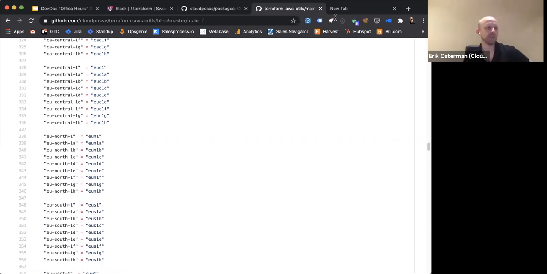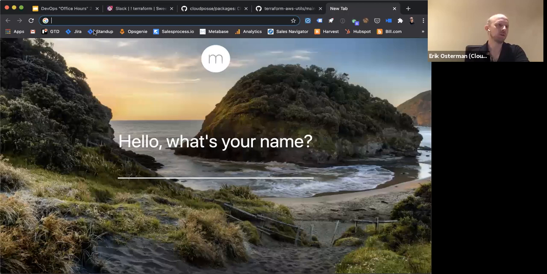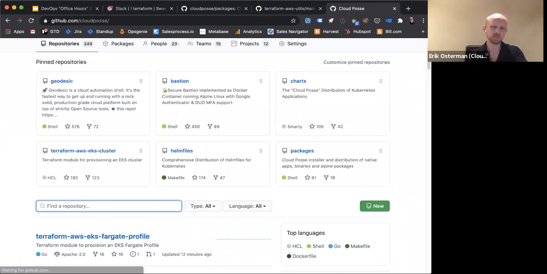All right. And then I want to show a practical implementation of that. So if you go to Cloud Posse and check out our dynamic subnet module, this is the first implementation of this in an open source module.